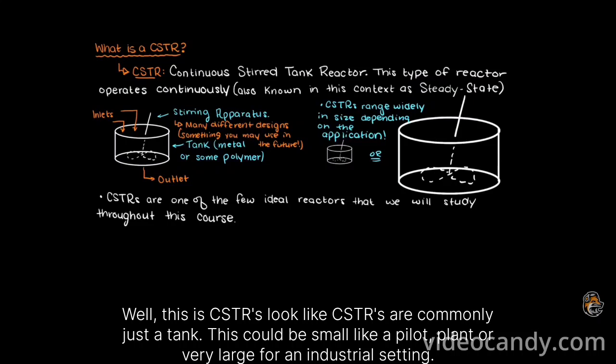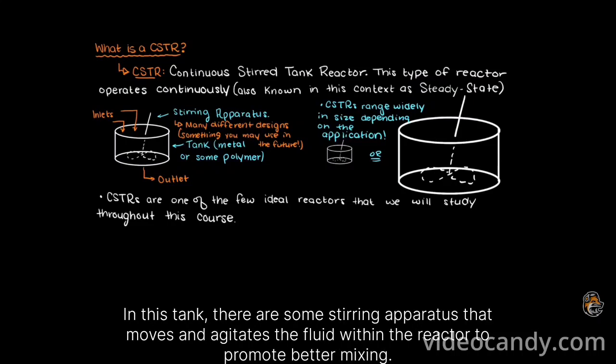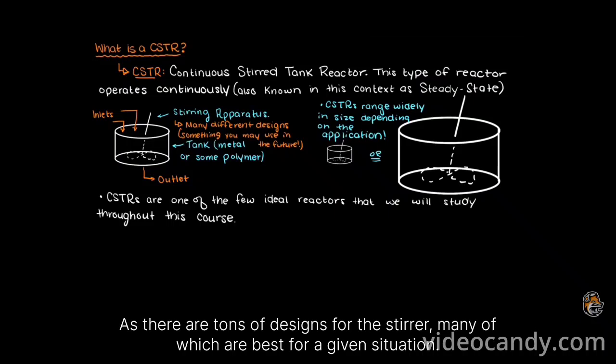What does a CSTR look like? CSTRs are commonly just a tank. This could be small like a pilot plant or very large for an industrial setting. In this tank, there is some stirring apparatus that moves and agitates the fluid within the reactor to promote better mixing, as there are tons of designs for the stirrer,